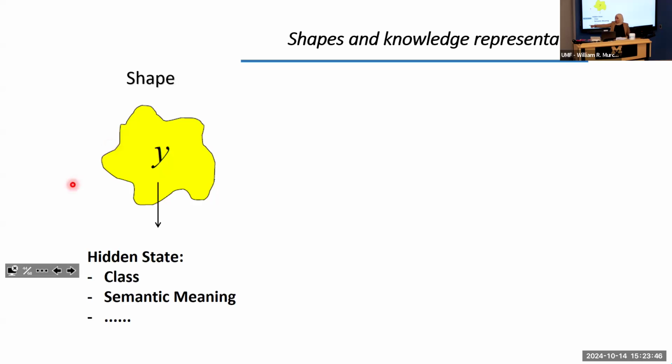Okay, so if I have a labeled thing for this classroom, I have tables, chairs, computers, and this is the class. For that chair, which is the shape given by y, and having a hidden state, we can have additional information about it, which is about the semantic meaning or an explanation. What is that exactly? So for a given shape, we can have a long list of hidden states, which has additional information about that given shape, okay? Now, how do we represent all that?